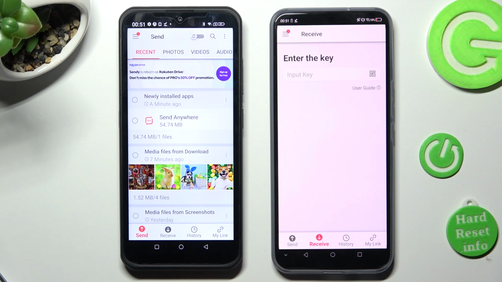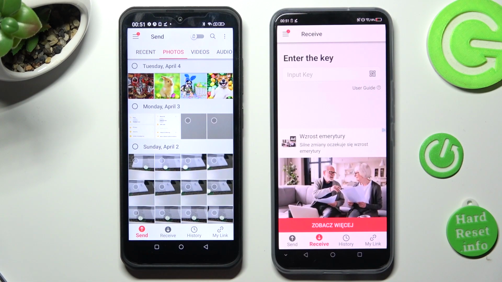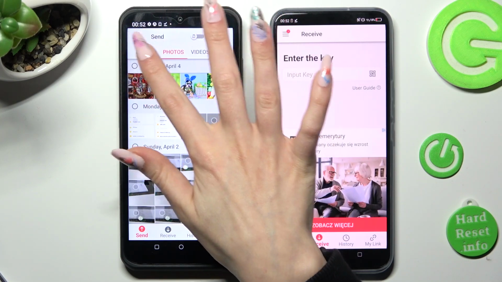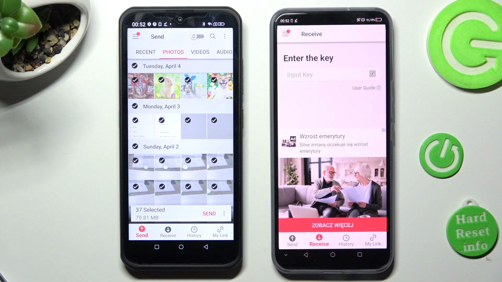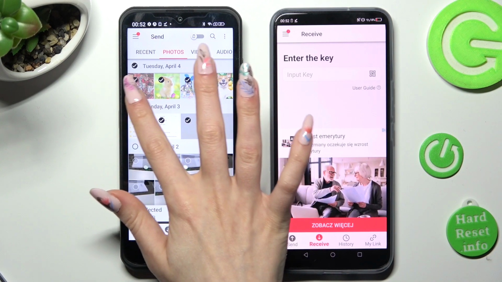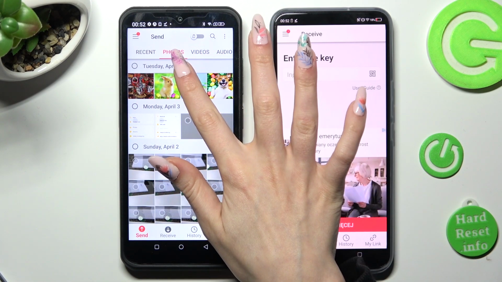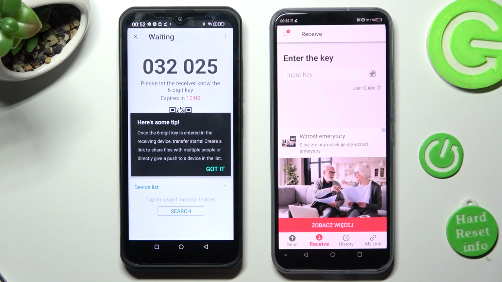Finally, you can tap on all of those categories at the top and in them choose those type of dots to select all of your files from this category. You can also just click on the chosen ones. In my case, this one photo. Now hit Send next to Selected. Tap on Got it in Here's Some Tip pop-up